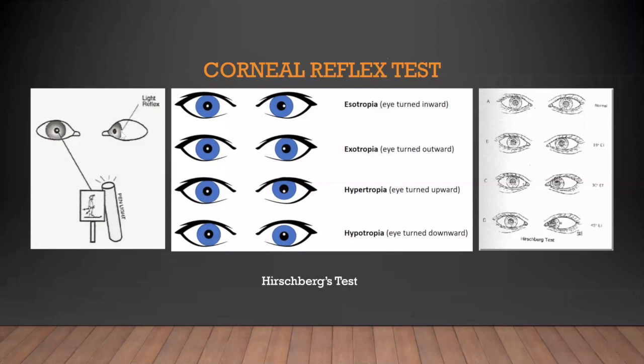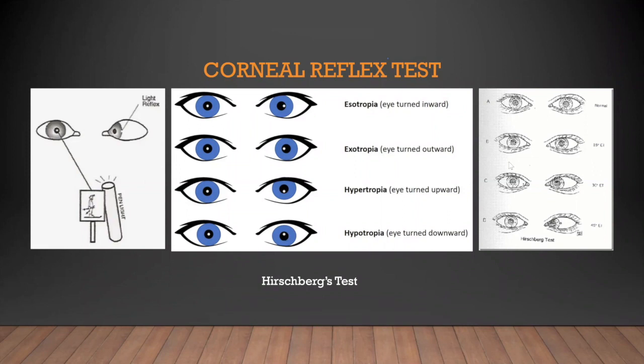So contrary to what you may think, it is actually the reverse. If the eye is deviated inside, you see the reflex outside. If the eye is deviated outside, you see the reflex inside. Hence, in an esotropia, you will see the corneal reflex away from the pupil, towards the temporal aspect. In exotropia, where the eye is deviated outside, you're going to see it towards the nasal aspect. In hypotropia, you will see the reflex above, and in hypertropia, the reverse.